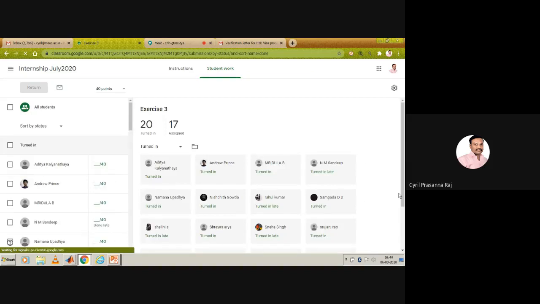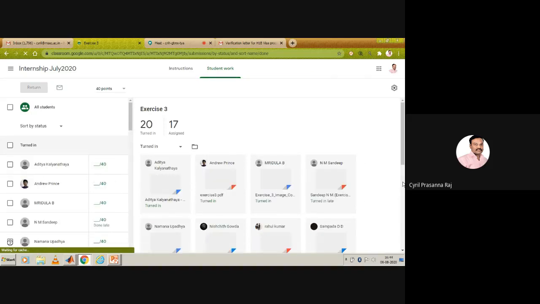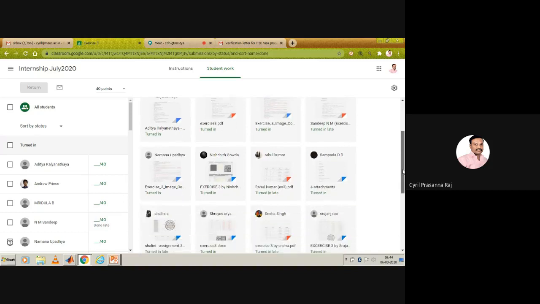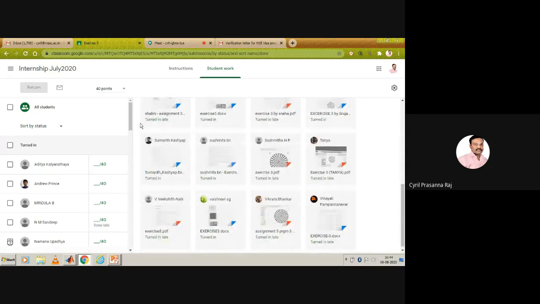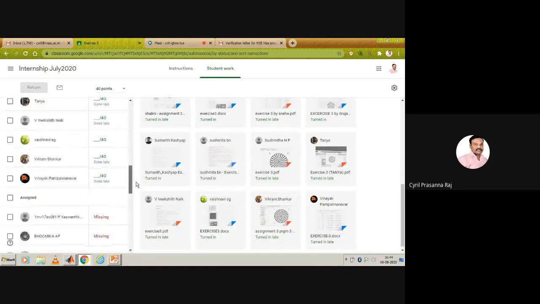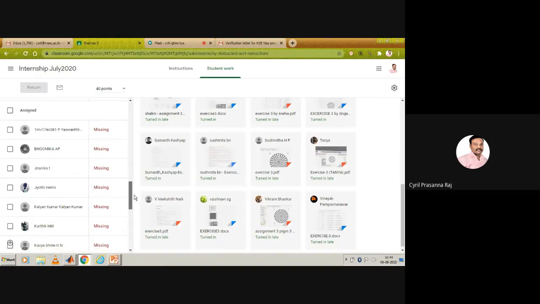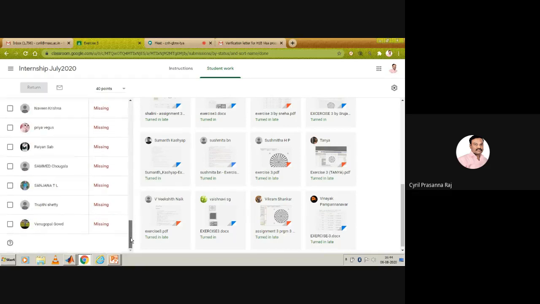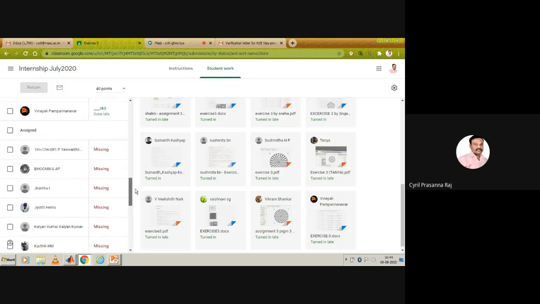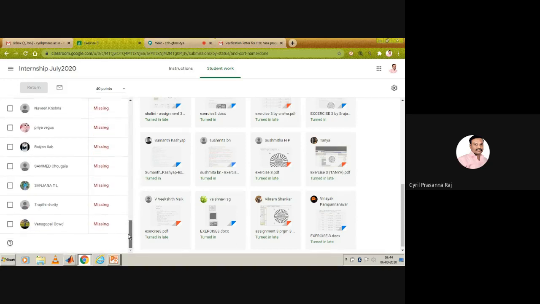This is the status of the assignments. I hope all of you are able to see this. If you are submitting your assignment late, you'll be losing marks. Some of you, for example Ashwan, Bhumika, Janika, Jyoti, Kalyan, Karthik, have not submitted the assignment in time, and some of you have submitted over email. But anyhow, if you are not submitting the assignments within time, you will lose marks.